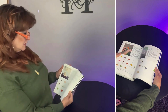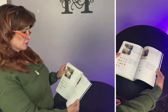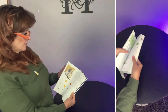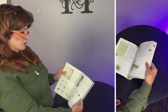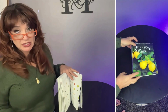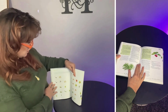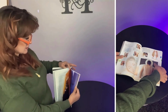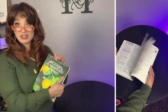I've had so many different essential oil books, but this is the last one I've ever needed. Here's an invigorating shower. It gives you all kinds of little hints: dishwasher cleaner, disinfecting spray, toilet spray, other household tips, kids' room spray. And it also will tell you if the oils are irritating to pets, because if you're going to be using essential oils around your pets, you've got to know what they might not like, right? Then you've got all these different diffuser blends, and really cool. Then you've got an appendix for references here, and it also goes into the research that's been done, so you can dive